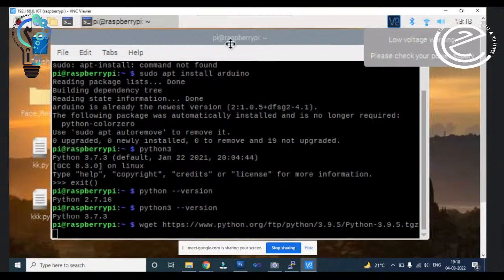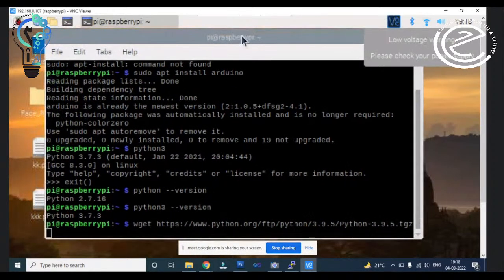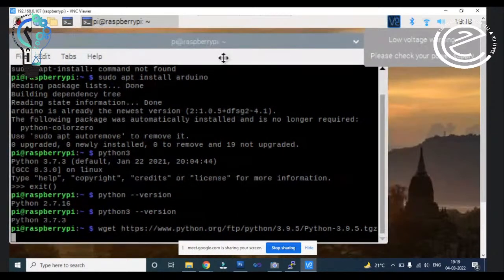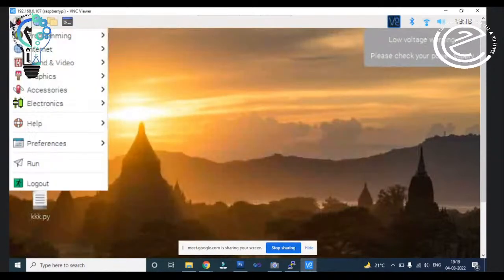Okay, I think the internet connection is not good, so it is taking a long time to install, but it will start from here, right? You will get this Python update. I don't need this update right now, so I will close this window.